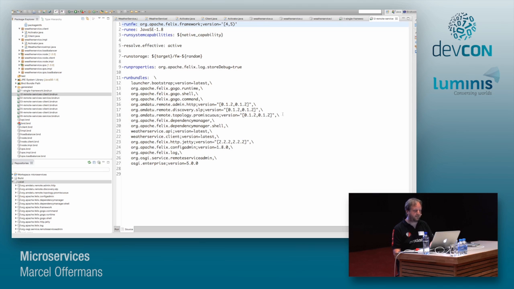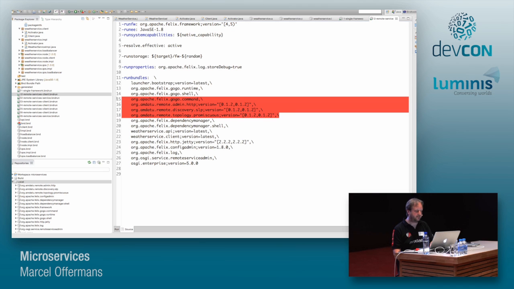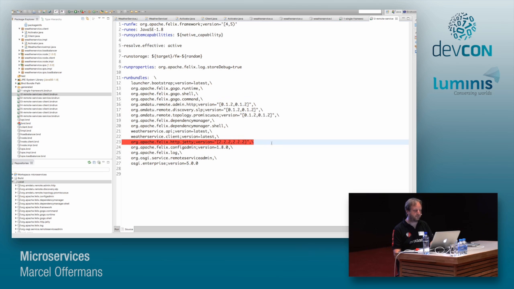And to actually get remote services running, there's a couple of extra bundles that I need to add to make that work, which are these 3 Amdatu bundles, which actually provide the implementation for that. And since by default remote services use a sort of REST-like calling style, we also need a web server, which is provided by Jetty, and that's also just a bundle that we can deploy into our container.